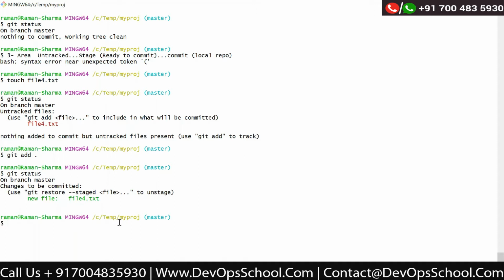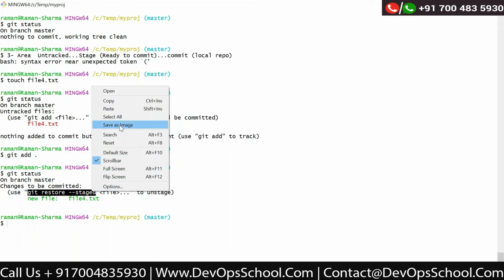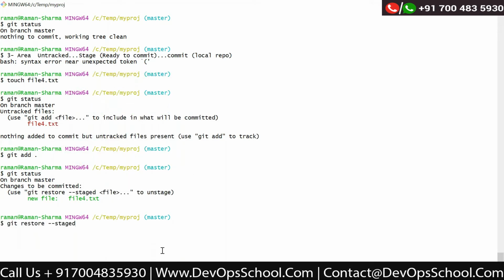Now, if the file is in the stage area and you have run the add command by mistake, and you want to move it back to the untracked area, then you can run this command. On the screen it is showing git restore --staged, followed by the file name which you want to unstage. So I want to unstage my file4. Press enter.